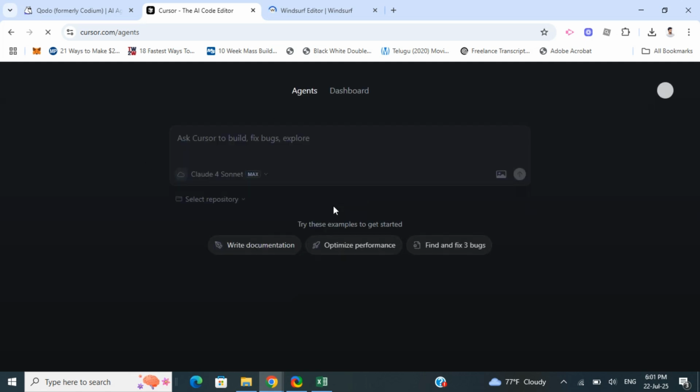AI-first code editor based on VS Code. That's Cursor. It focuses tightly on integrating GPT-powered, like ChatGPT-powered, coding assistants directly into the developer's workflow. It's best suited for individual developers and startup people. Their core features include local and remote context-aware code suggestions, chat-based coding assistance, and it also supports